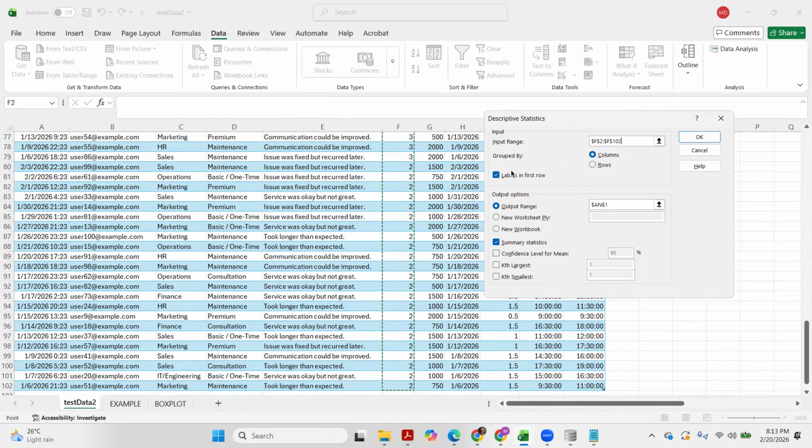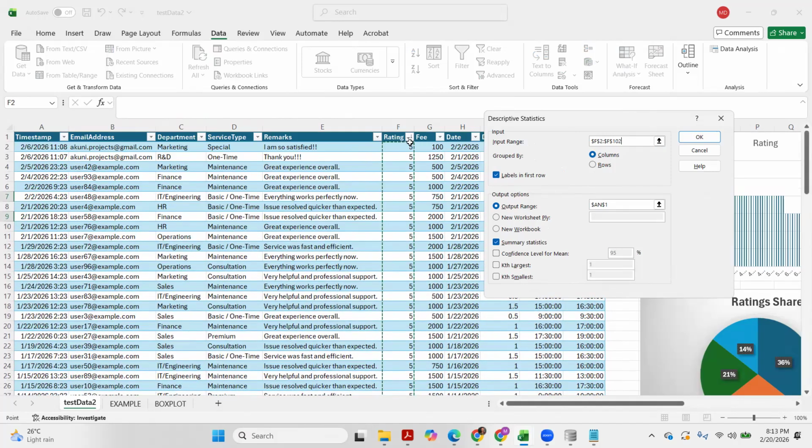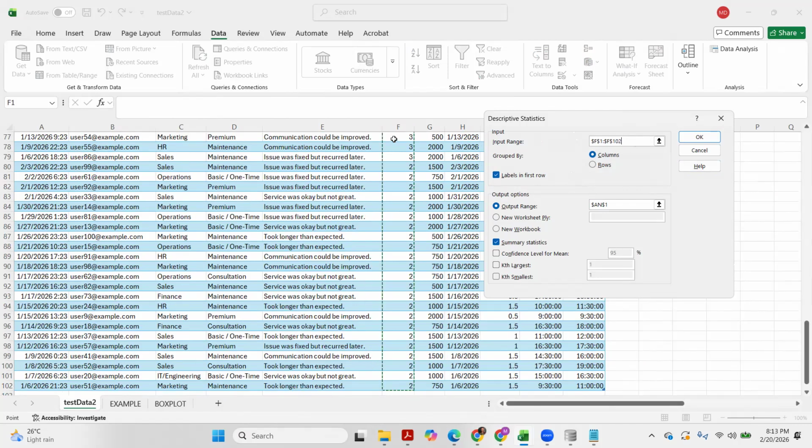If we included the header, then you should tick this box. Since I didn't include it, I'll adjust my input here, so I should start with 1. It's messed up, so I'll just select again, starting with the header, and then Control Shift down.